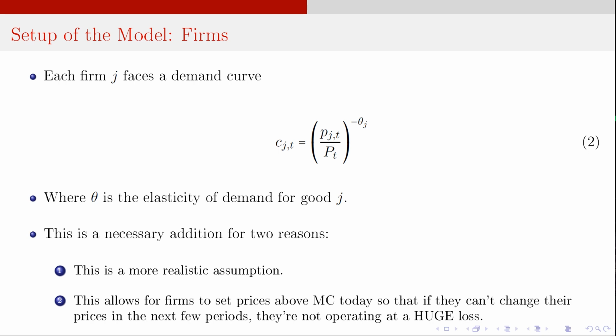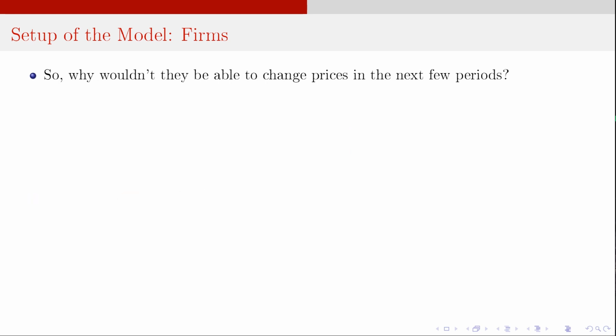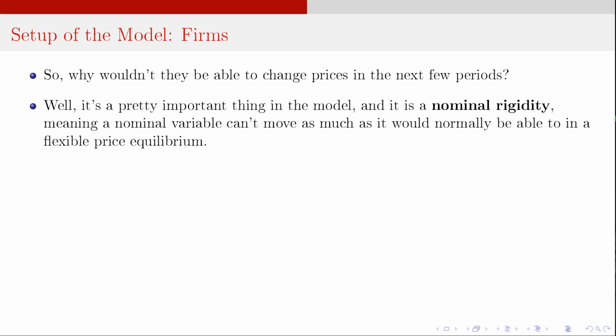So they're sort of forward-looking and trying to cover their asses. We'll get into this in a little bit. So why won't they be able to change prices in the next few periods? Well, like I said, this is a nominal rigidity, meaning it's a nominal variable that can't move as much as